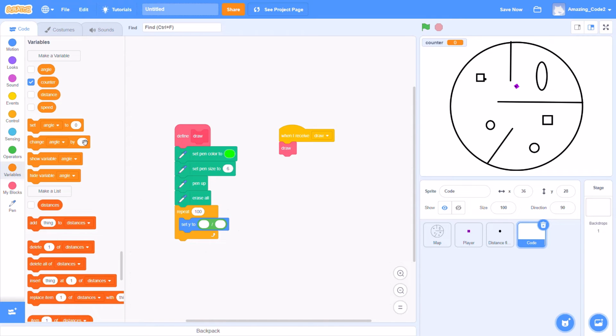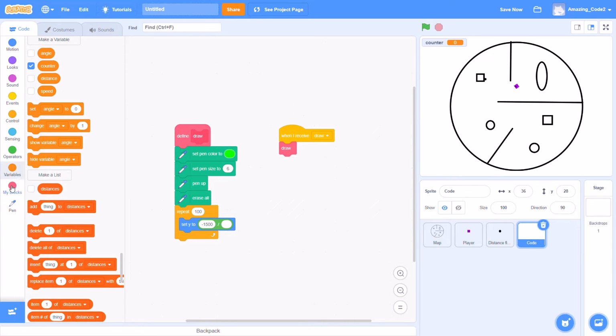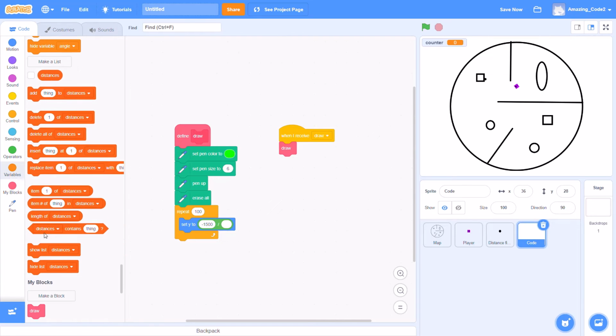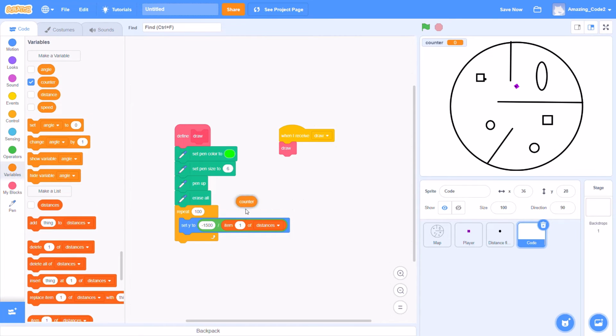So set y to negative 1,500 to item counter of the distances. So basically what this defines is the bottom of our wall, and then it's just going to